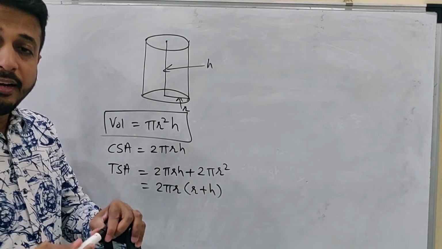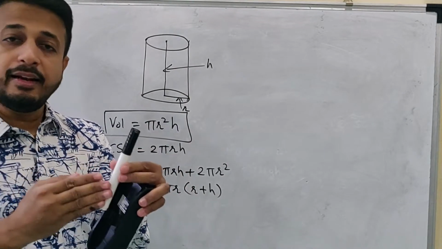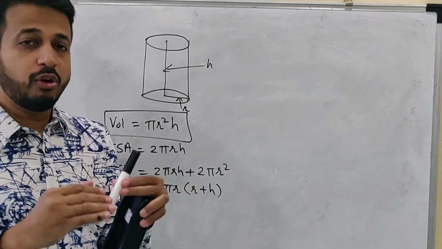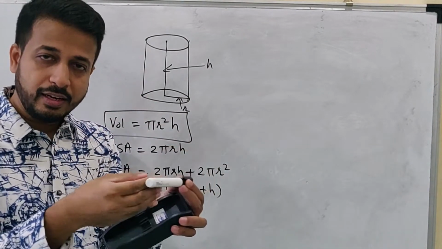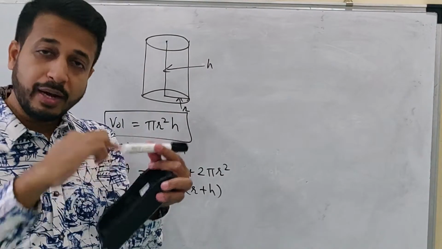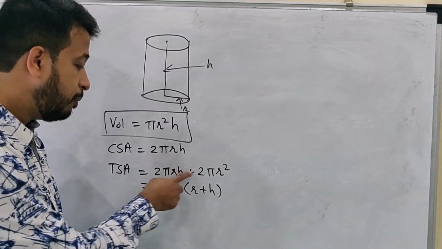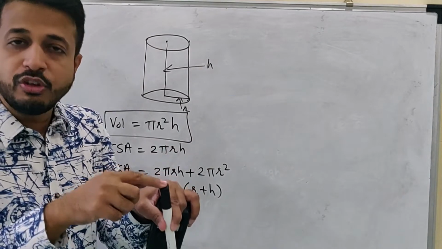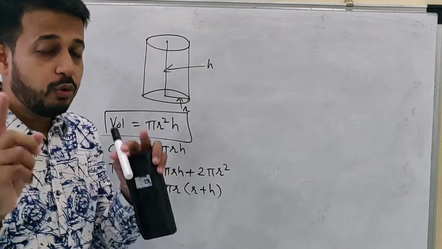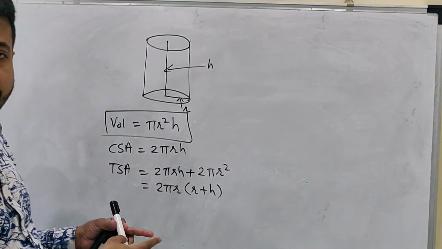If they tell you there is a cylinder which I have to paint, and the cylinder is open, meaning it doesn't have the top, what do I have to do? I have to paint its curved surface area and also its base. So I'll write 2 pi r h as a formula plus one circle, so it will be 2 pi r h plus pi r square. The upper circle is not there, so I won't include it in the formula. So students, we don't have to learn the formulas, understand the shape and then try to derive the formulas, correct?